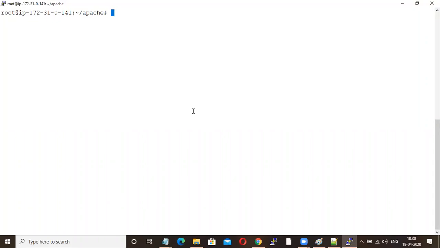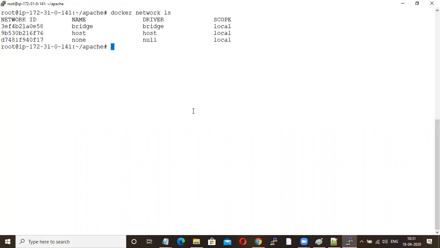Next is Docker networking. Just have some idea of Docker network. Now if I give docker network ls, by default you'll have three networks. One is bridge network, another one is host network, another one is none network.